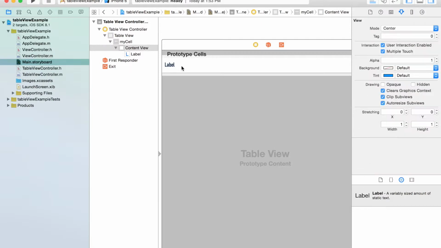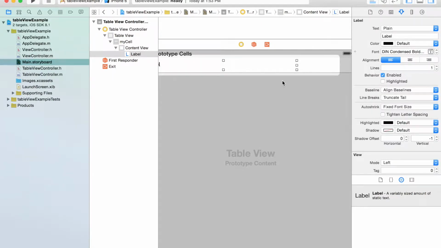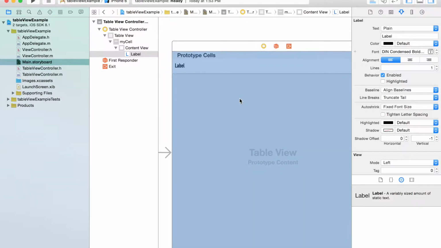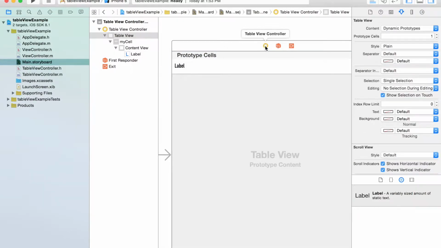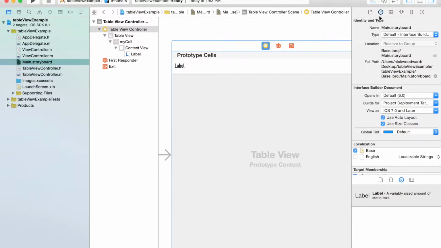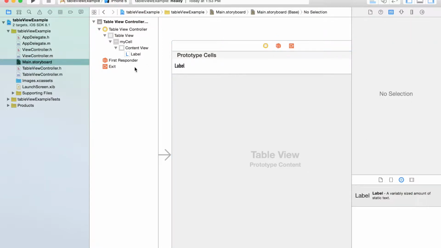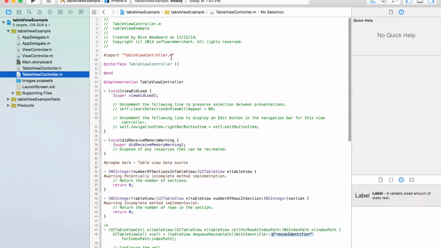The one thing we have to do for that though is change the tag of that label that we just dragged on the cell, and that will let us access the label later. Right now we're changing the class, so we have to make sure that our view controller uses the right class file. In this case, our table view controller.h and .m. So we did that, and now we're going to go over here